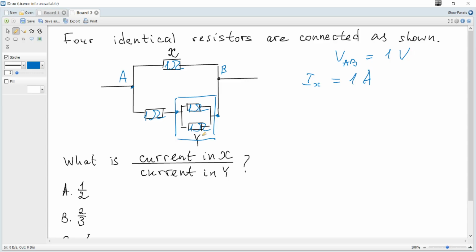with total or equivalent resistance, which can be found using this formula for parallel, it's 1 over R total, it's 1 over R1 plus 1 over R2, but when resistances are equal, you may find the total resistance just if you divide the resistance of 1 by the number of resistors, so it's just 1 divided by 2, so the total or equivalent resistance is 0.5 ohms, and resistance of this component is 1 ohm, and